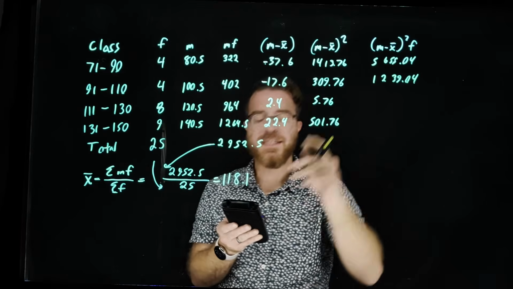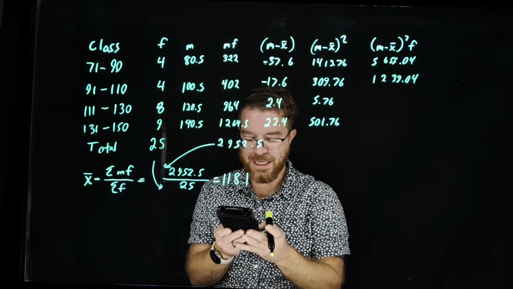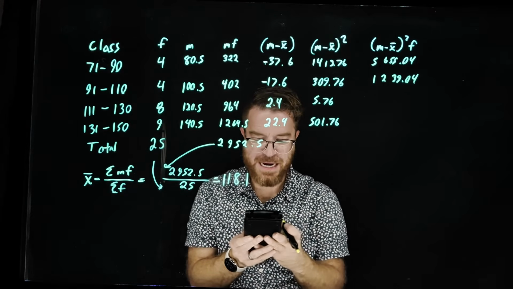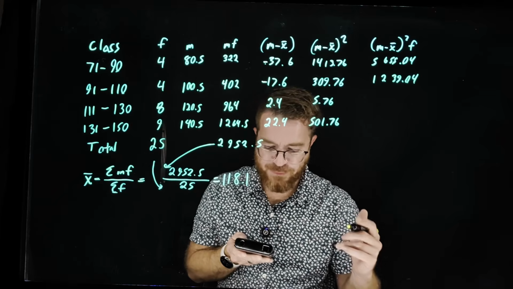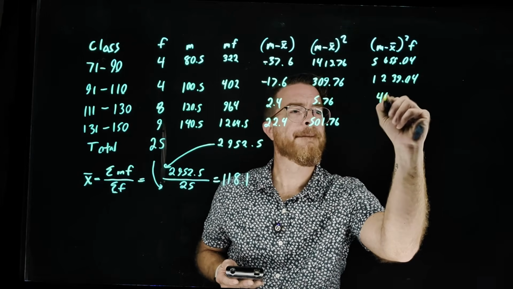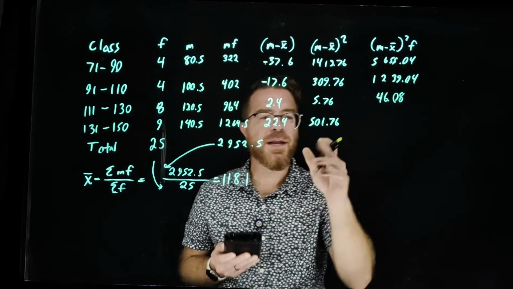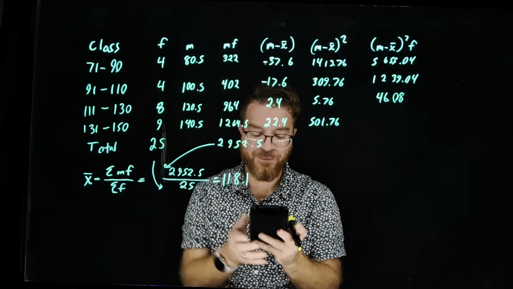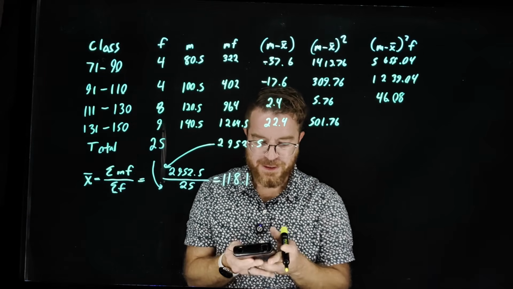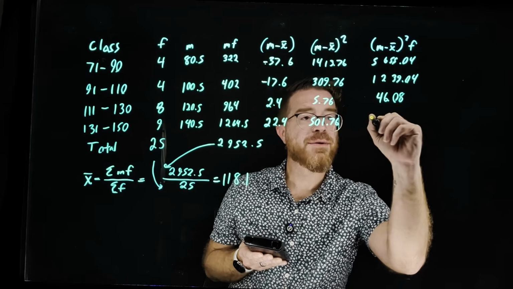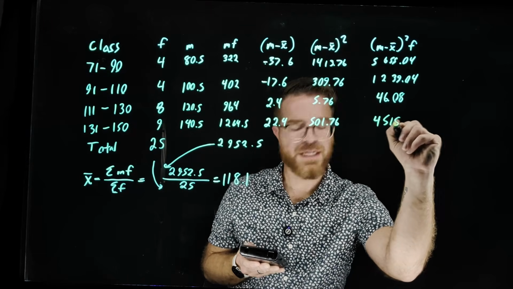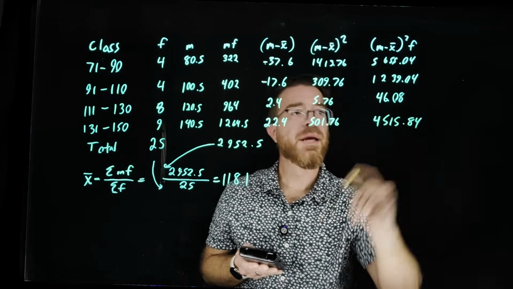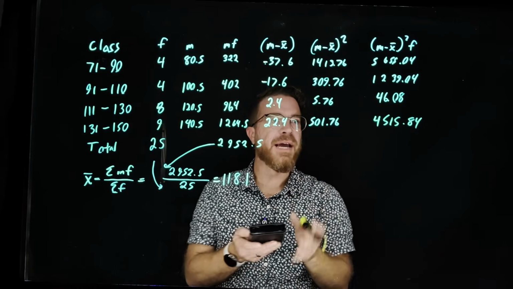1,239.04. Next, I'm going to take that 5.76, I'm going to multiply that by my frequency of 8. This is going to give me 46.08. And then I'm going to take that 501.76, I'm going to multiply by that frequency of 9. This is going to give me 4,515.84. And then I'm going to sum all these up, and I'm going to get